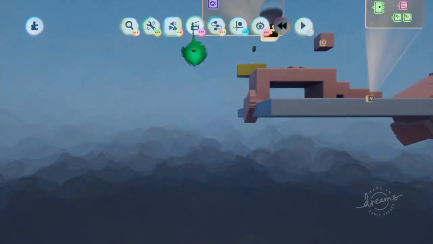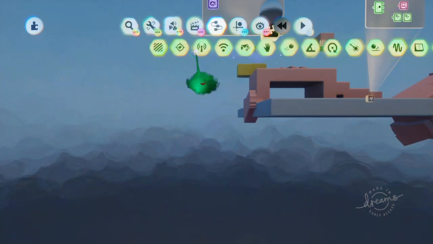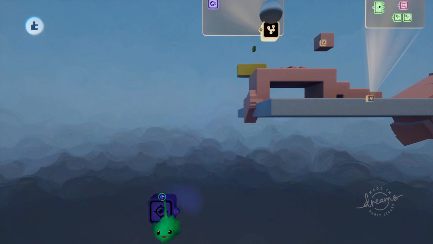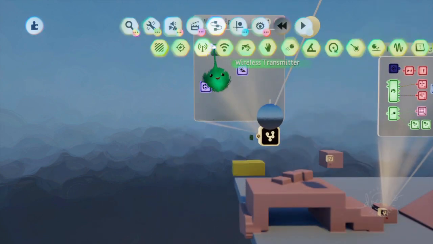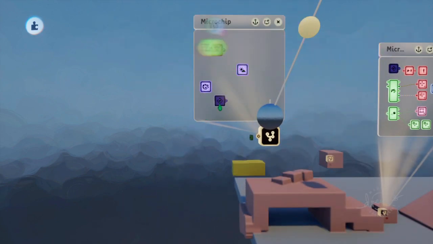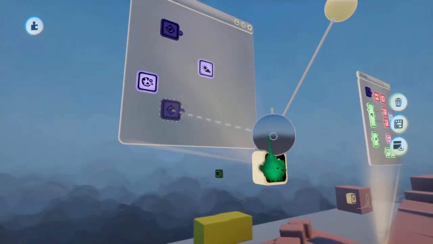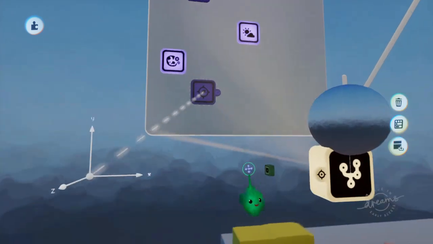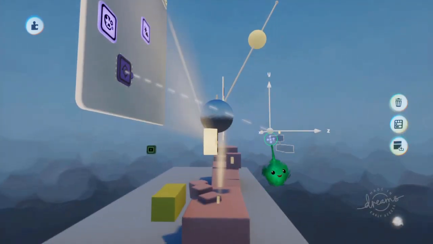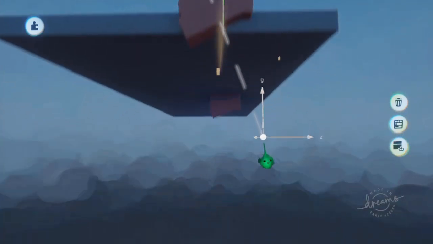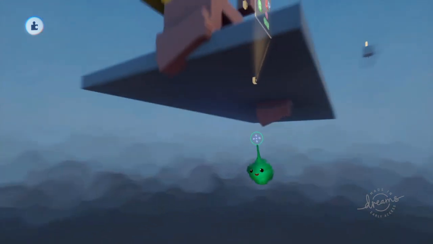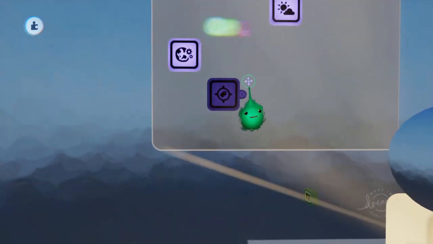So I'm just going to make a simple failsafe. We'll put it in here actually. A failsafe for, let's grab that out of there, for not just falling forever. So let's just put that down there, and we will